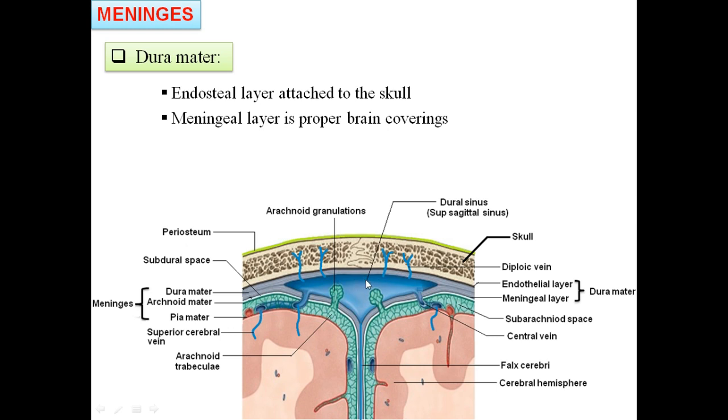It receives blood from the emissary veins and diploic veins, and also from the superior cerebral veins. And you can see the arachnoid trabeculae or granulations, which protrude into the superior sagittal sinus